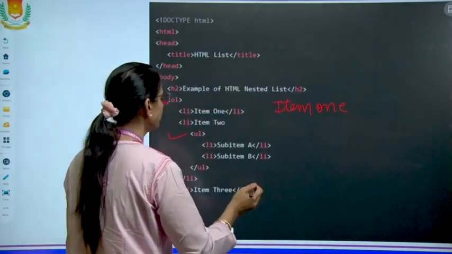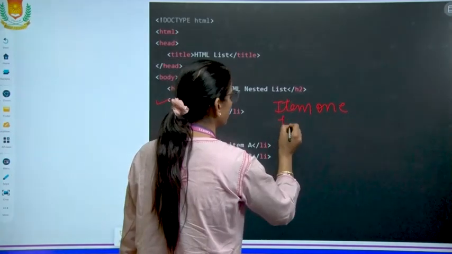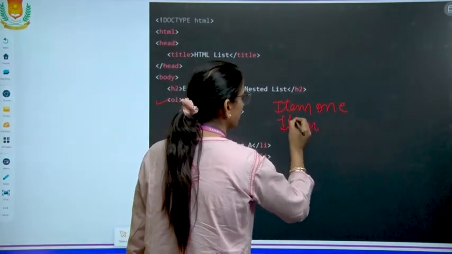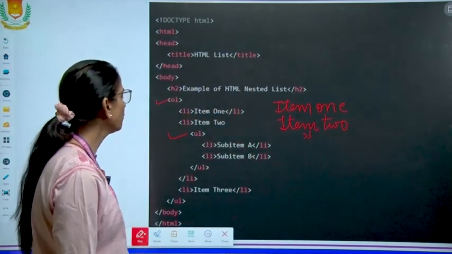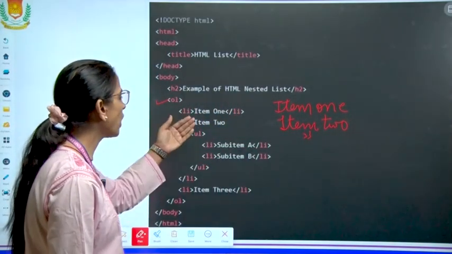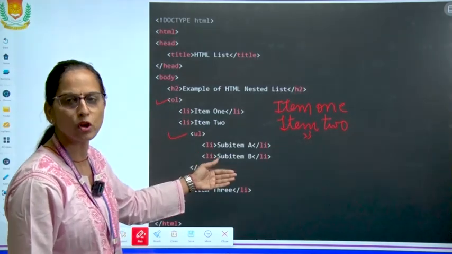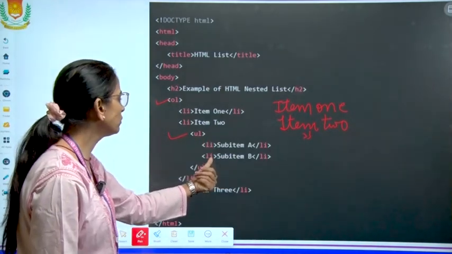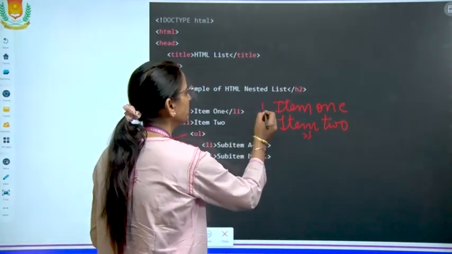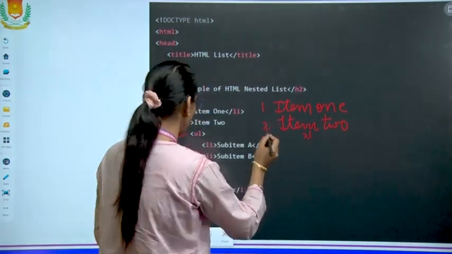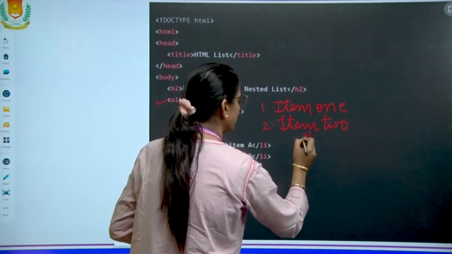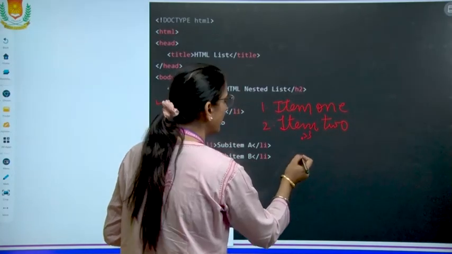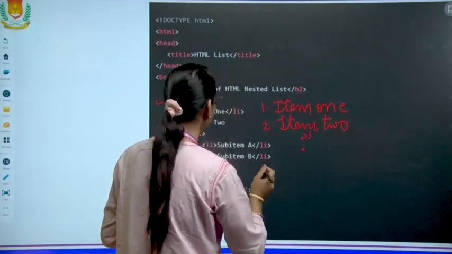Item 1, item 2, and in item 2 now we have sub parts of item 2. So these 2 sub parts will be here within this list. It is an unordered list, so bullets will be displayed.